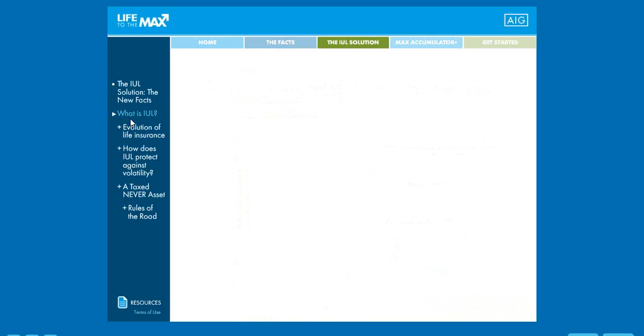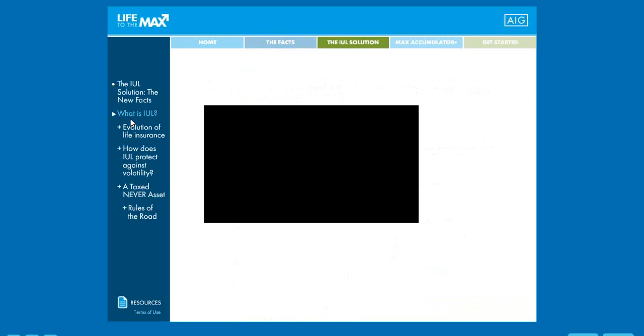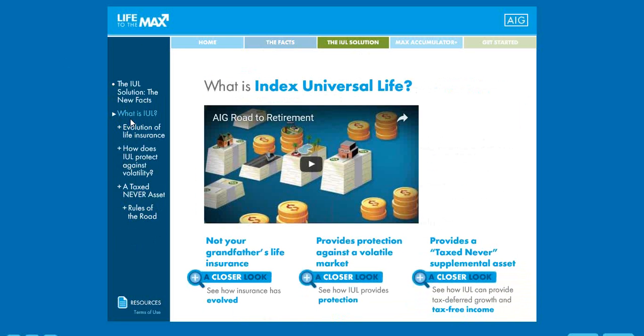What is Index Universal Life? Well, it offers permanent life insurance protection with a cash value component that isn't as rigid as the original cash value life insurance, otherwise known as whole life. And it's not as volatile as its most recent cousin, Variable Universal Life. It comes with a whole host of options that make this product really a very distant relative of your grandfather's life insurance. Now, that's because an IUL policy offers the potential to be credited with interest based on the upward movement of the stock market index,